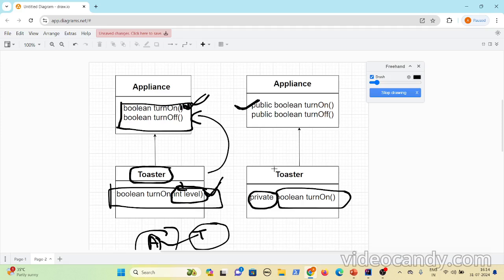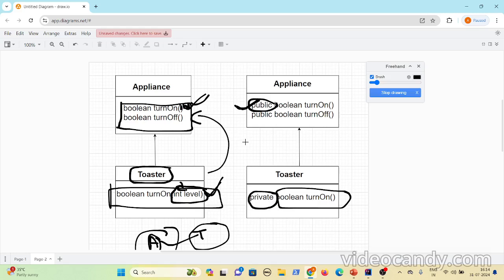So even if the number of parameters and the return types are the same, your method should not have more restrictive access than your superclass. You can have the same or less restrictive access in the subclass, and only then can you say that you are overriding the method.